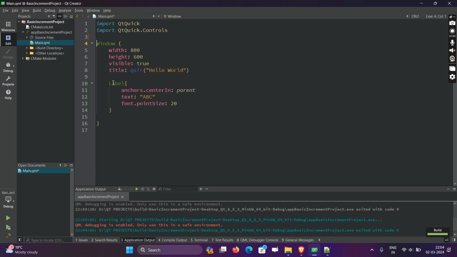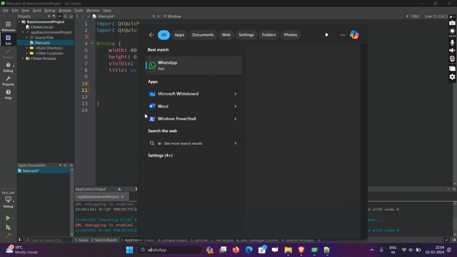Now in this video I'll be teaching you about rows. Like what if you want two labels to appear side by side, right? Like if I show you the whiteboard,